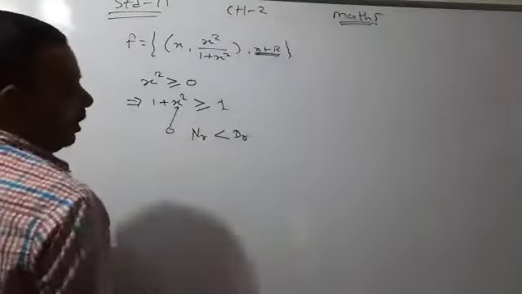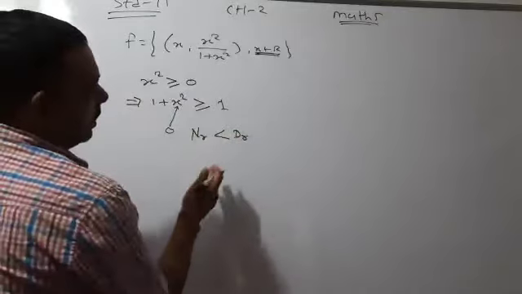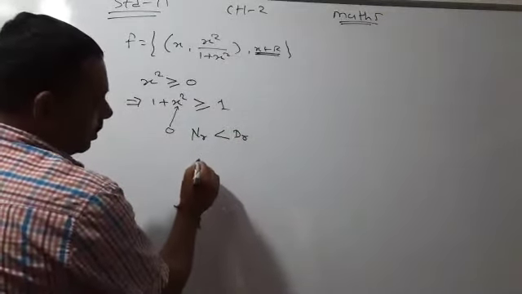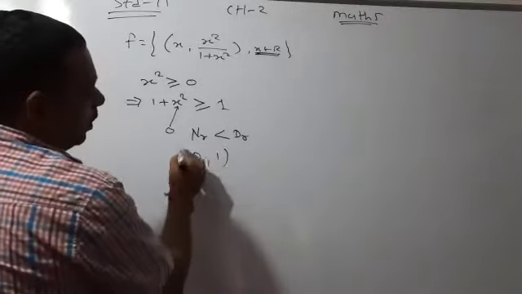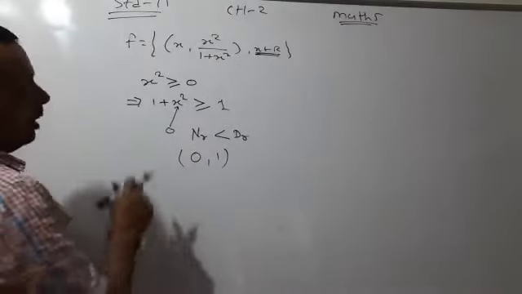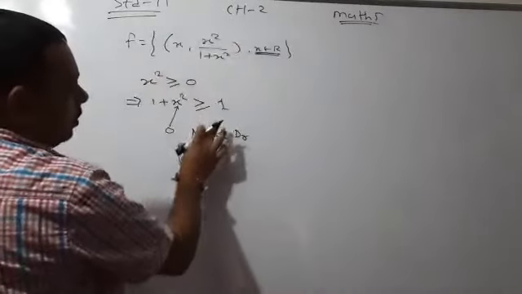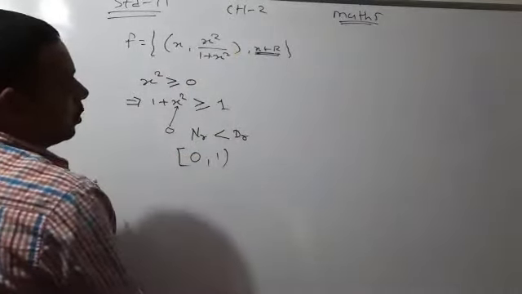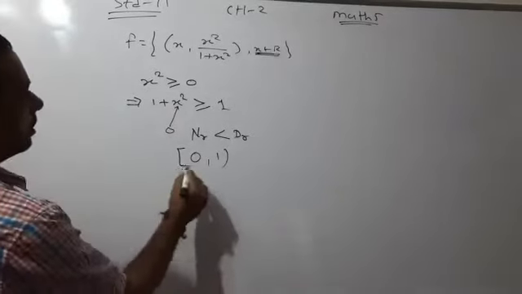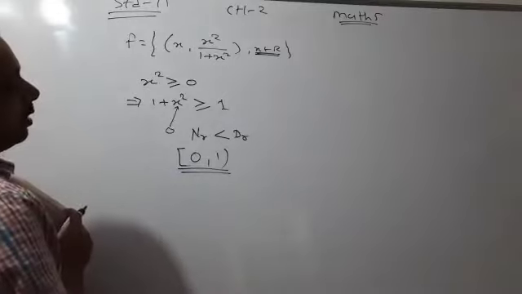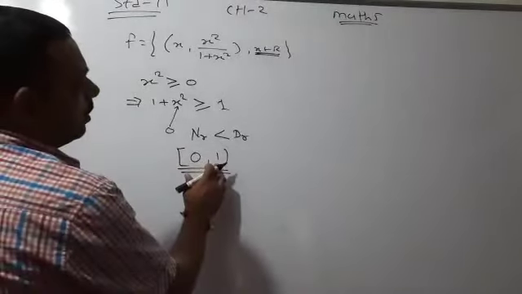Always smaller than the denominator. And in this case, we always get an answer between 0 and 1. Okay, but here we know that x square is either 0 or greater than 0. We have to consider it is closed at 0. So finally, the range set is the closed interval 0 to open interval 1. When will we get 1?